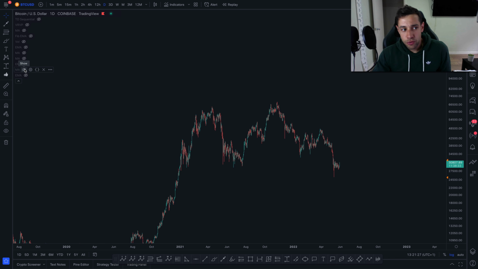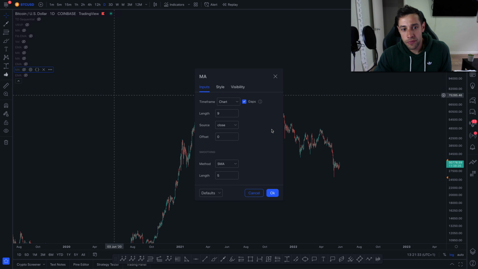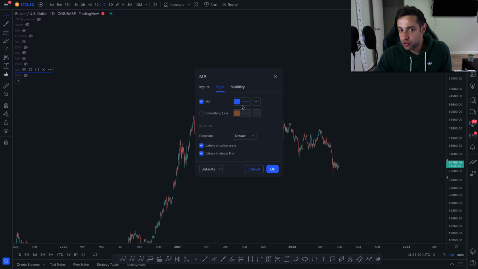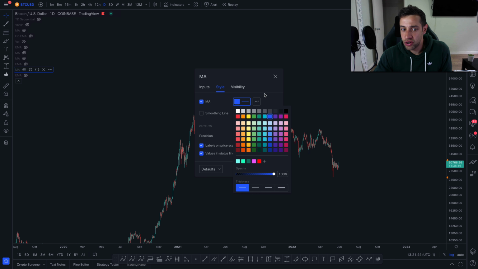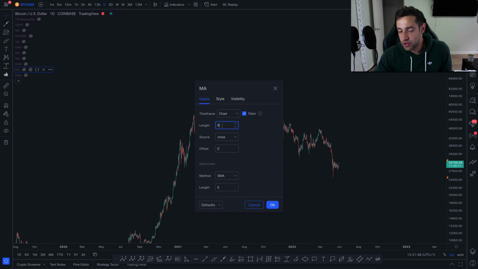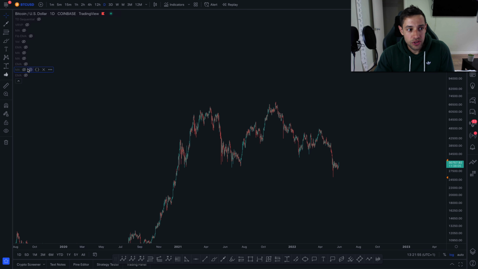And once you have them up on TradingView, if you hit the little settings tab, just when you hover your mouse over them, you can see that we have the length, which is the most important thing, and then you can adjust the style as to how you want that to appear on your screen with the different colors and how thick you want the lines to be shown. But the most important thing is going to be the inputs, and it's currently set to 9 by default, but if we set that to 50,